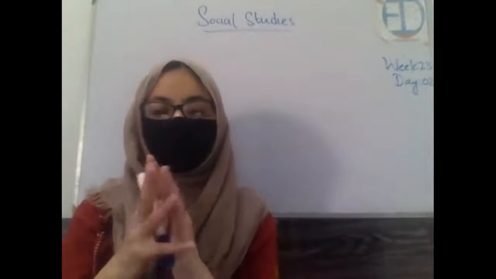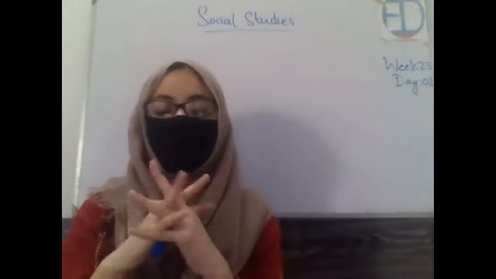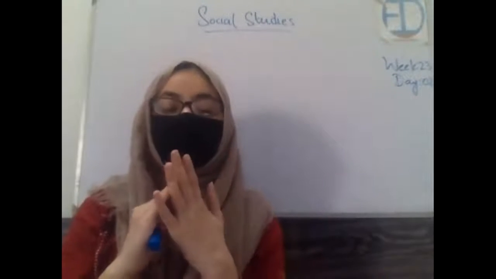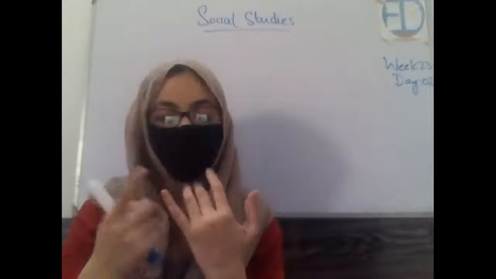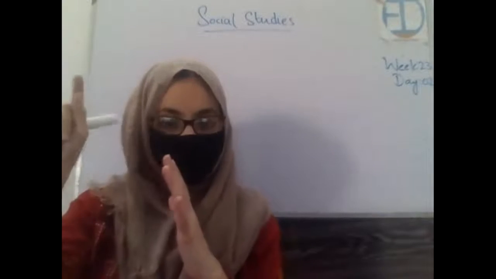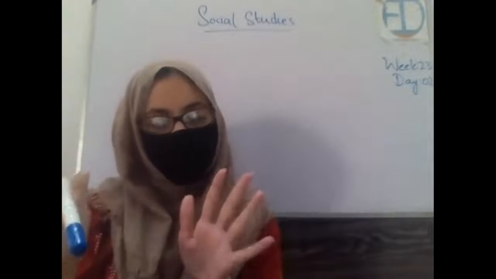Now, what is today's activity? You're supposed to draw your house, then name the different parts according to what we have learned so far, and tell me what areas you have. Do you have a separate laundry room? Yes or no? If there is one, just mark it and name it. And if you do not have one, it's all fine, but you have to draw a house and tell me how many parts you have in it. Okay, start drawing.